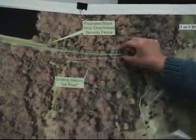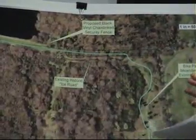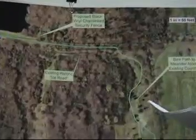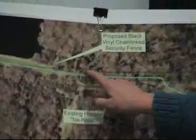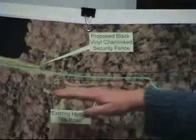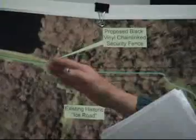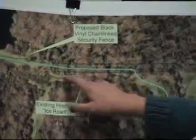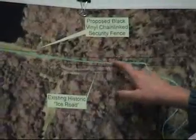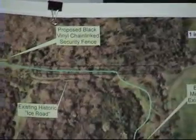But in this stone wall area, well, first of all, the bike path will be 12 feet wide with a 2-foot grass shoulder along there. And then when we get into here, there's actually 30 feet in here, stone wall, so we'll redirect what's there now, kind of an organic path that comes here, and you're walking, and it's very wet, up into here. I'm not quite sure where the crossover is there, but...